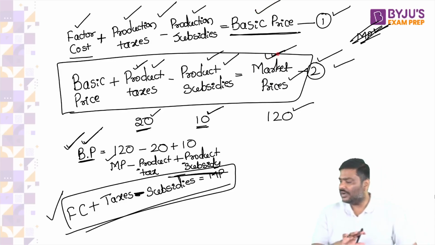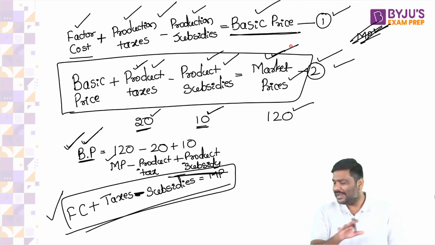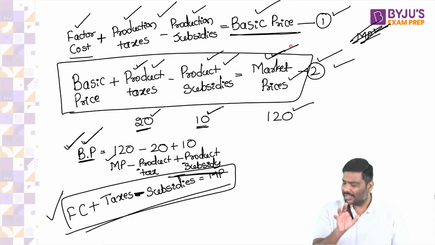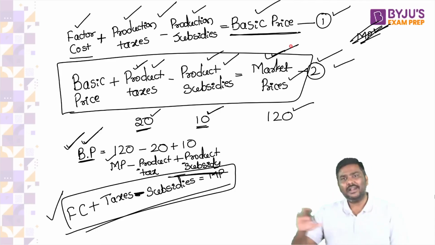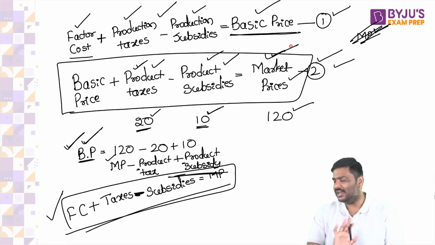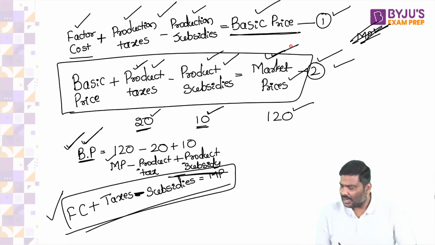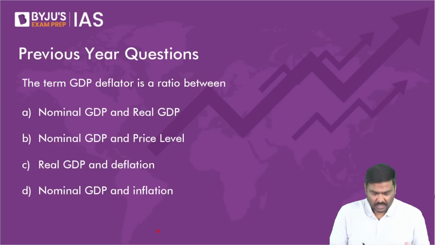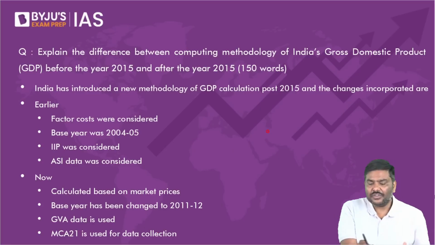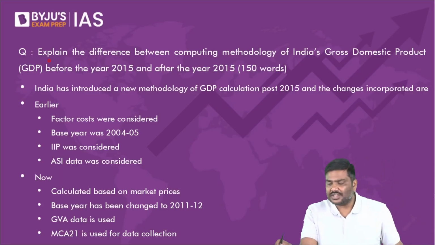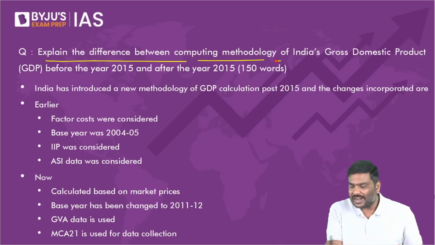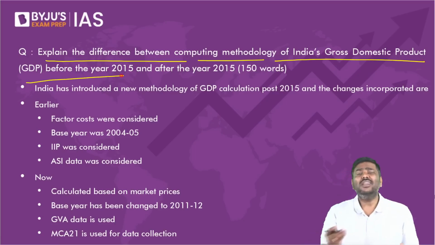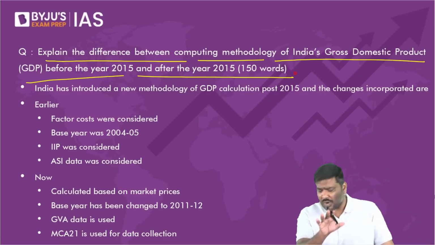Can we go forward? Do not complicate this issue. Keep it simple. You don't have to do a PhD here. For example, understand this. This is the kind of question which was asked by UPSC. Let me show it to you. Explain the difference between the computing methodology of India's GDP before 2015 and after 2015, in 150 words. Even if it was 250 words,